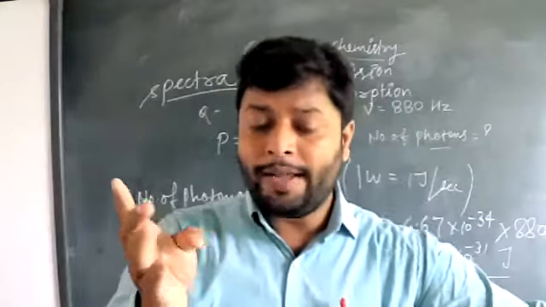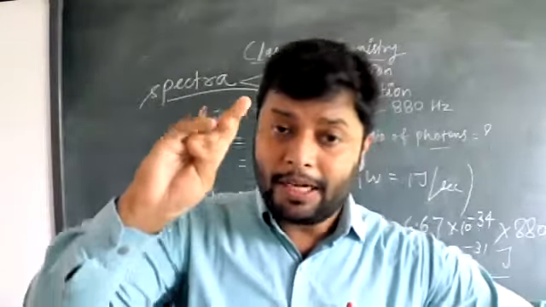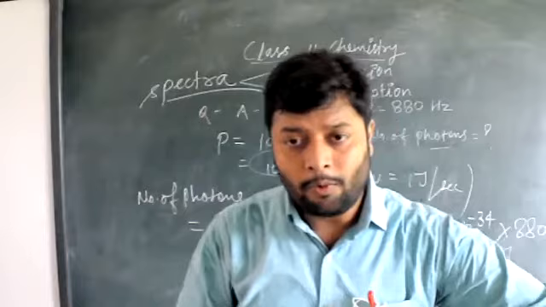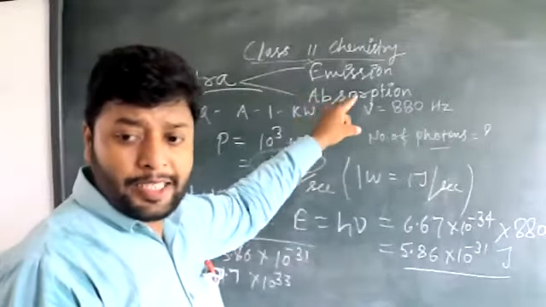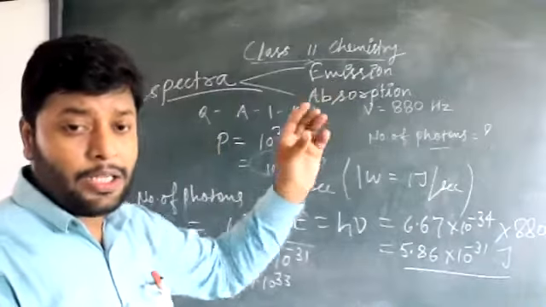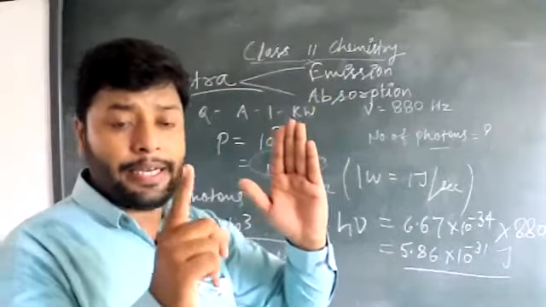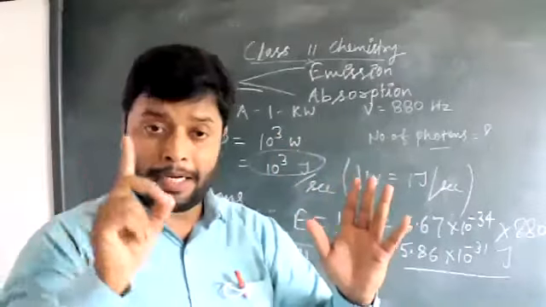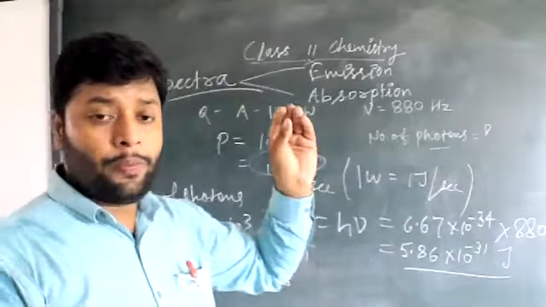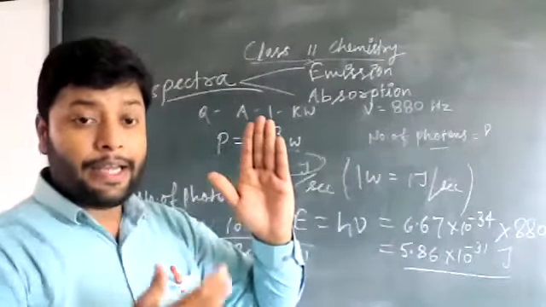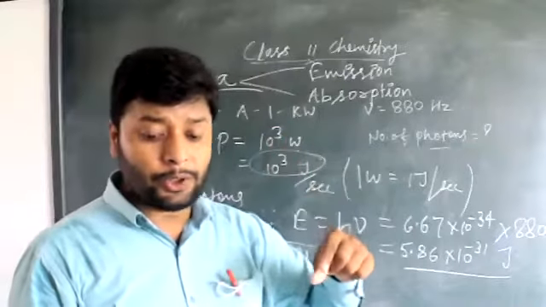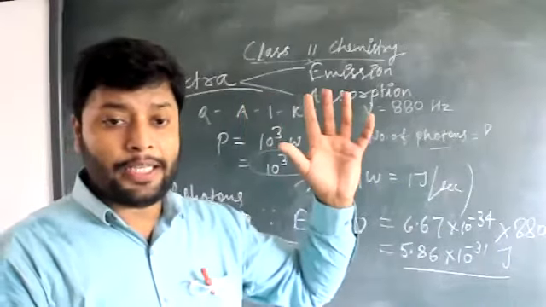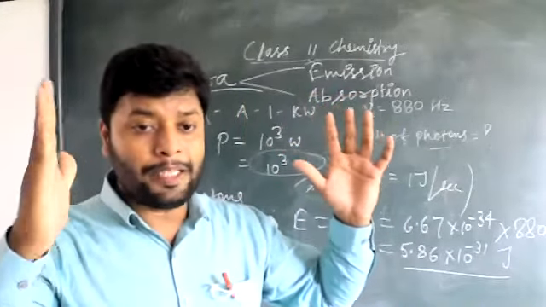And with the help of that, we calculate the frequency and energy of the radiation striking the photographic plate. What is the basic difference between them? The basic difference is, in emission spectra, the radiation from the illuminating body passes through the prism and is obtained on the screen. But in absorption spectra, when the illuminating body emits radiation, the radiation first passes through the sample placed between the illuminating body, called the source, and the prism.